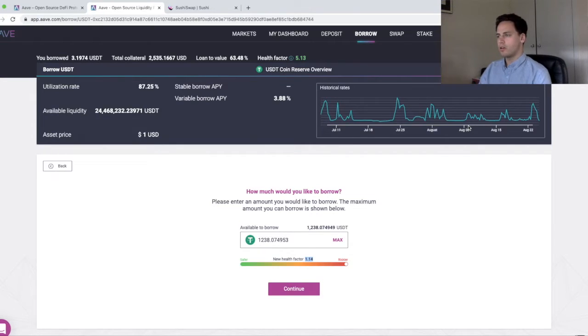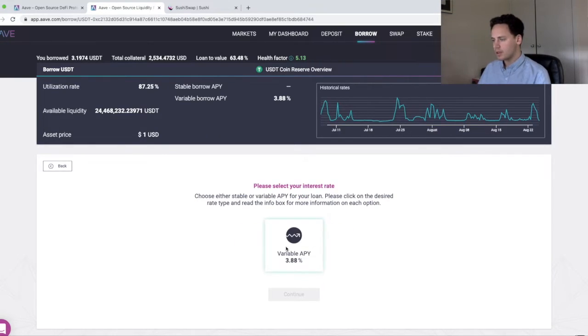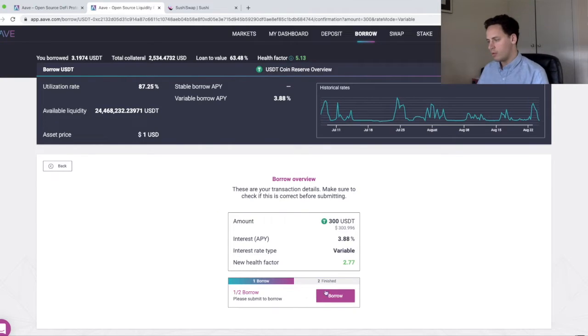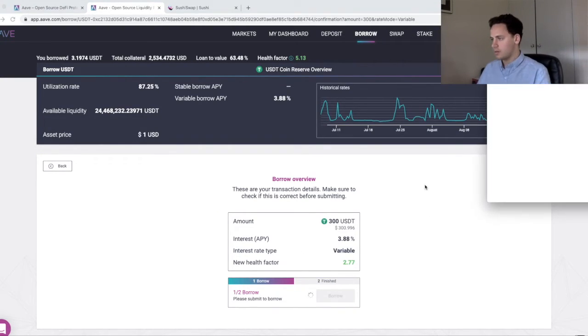And how it would go down to 1 is if the value of our collateral goes down, which is obviously likely in such a volatile market like crypto. So we're not going to borrow 1.2 thousand. We're only going to borrow 300, which will bring our health factor down to 2.78. We'll grab the variable interest rate, which is variable for reasons that we just described before. And we'll make sure that we can speed this one up as well